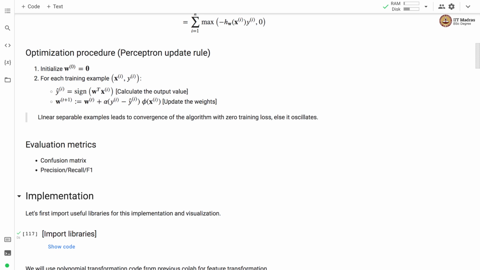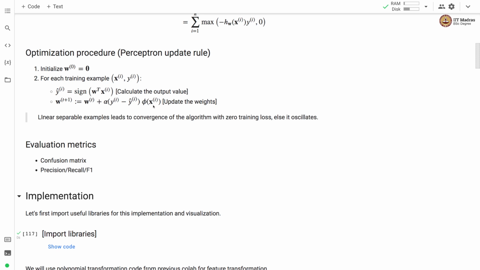This should actually be phi of xi because we are talking about transformed features. So we will make this modification later. The weight is then updated to the current value plus learning rate times the difference in the actual and the predicted label times the feature vector.